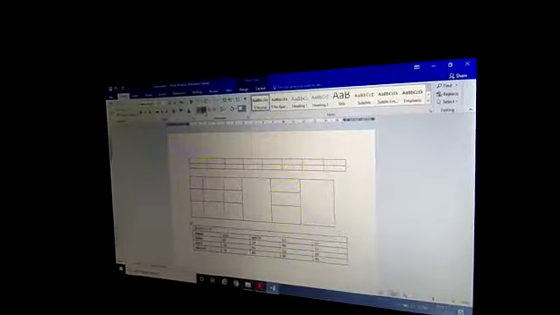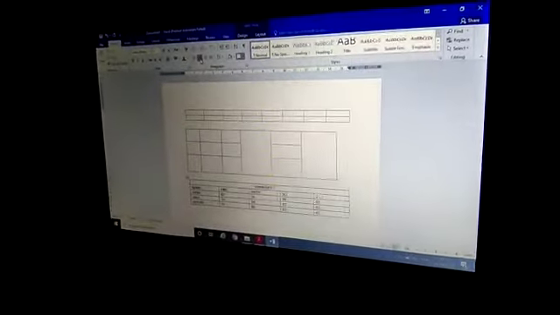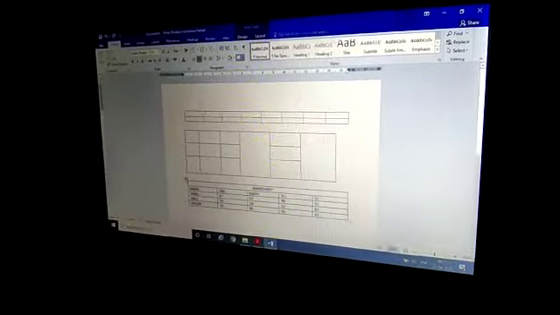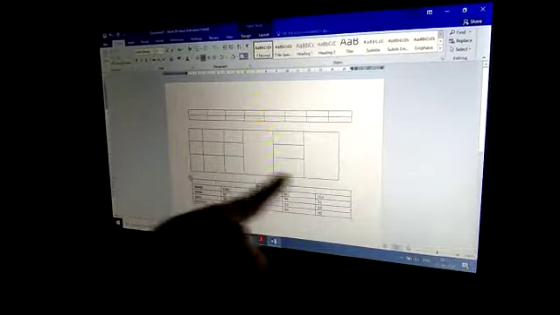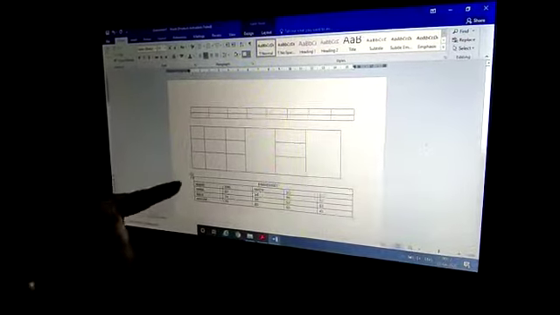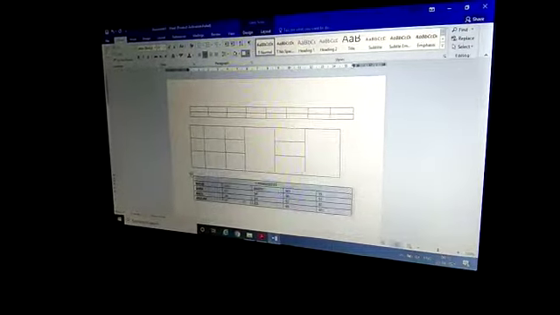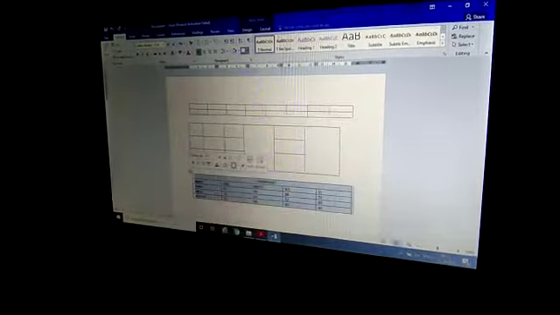Done. Now I want this in the middle, because the heading should be in the middle. So I will use the shortcut key, or I will go to the Home tab and click on center alignment. If you want to edit your table text, bring the cursor over this arrow and you can see you have selected the whole table.